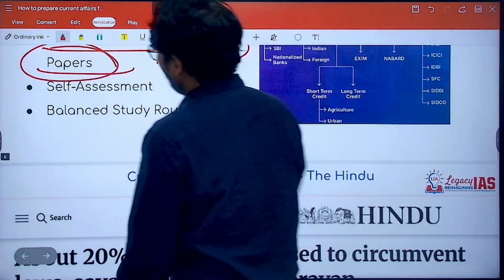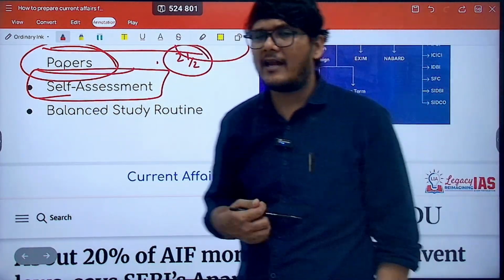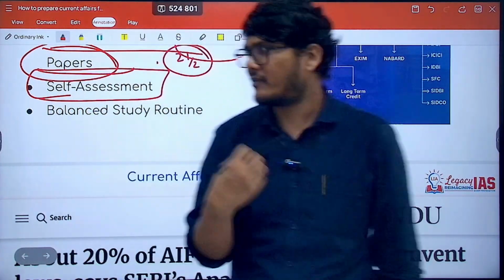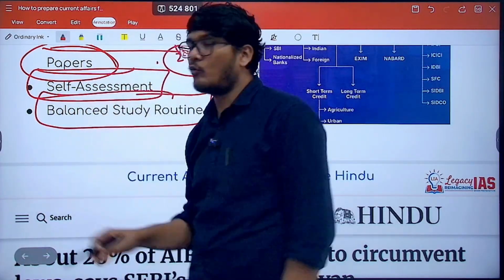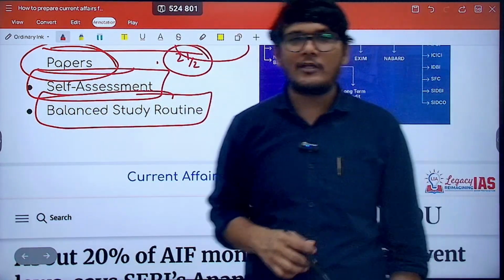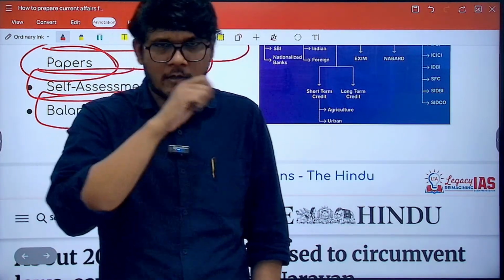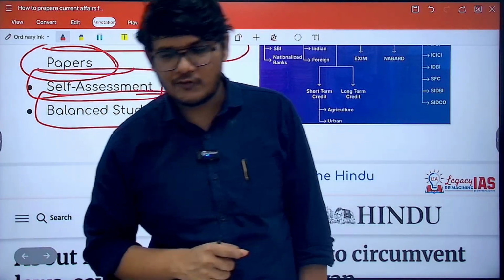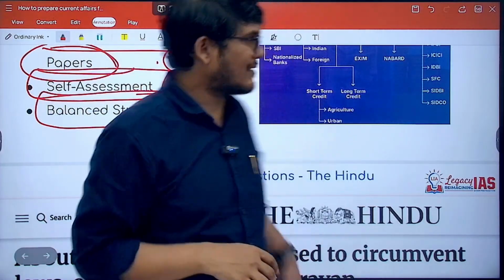Then, based on that self-assessment, on the marks, where you are performing well and not performing well, you can take mentorship sessions, meet the mentors and faculties, and discuss with them as well. And you should have a balanced study routine. You cannot have a routine where you study for 16 hours, study like that for 2 days, and then fall sick. No one wants that. Have a balanced study routine for yourself, which is not too saturated.